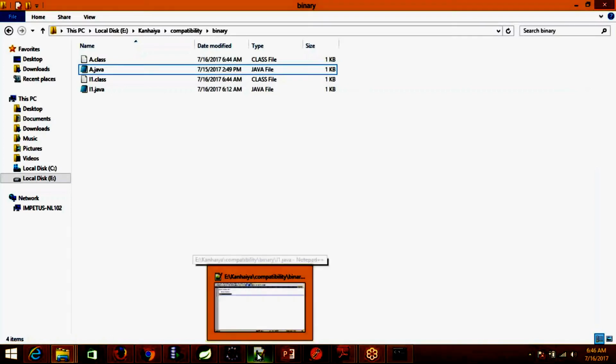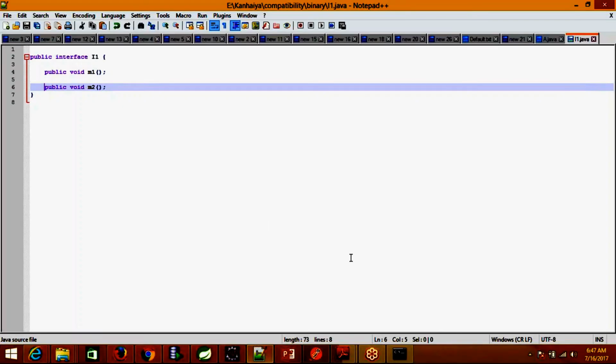So as I explained in my theoretical part, whenever we make any changes to any program and then retest the dependent program, then the compatibility is checked. So let us look into binary compatibility. Say for example, you have written some API, this I1 interface, and over a period of time you realize that this API needs to evolve and needs a few more things introduced. Like in this case, I'm introducing one more method here,